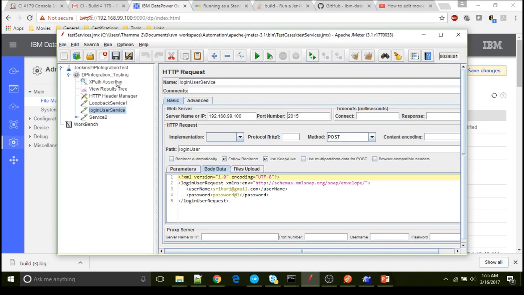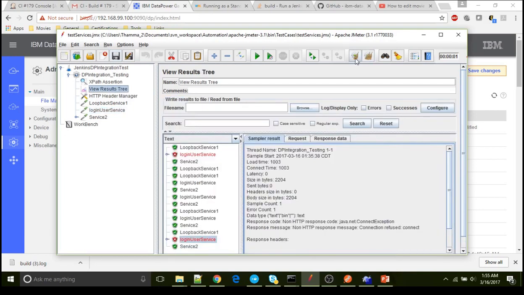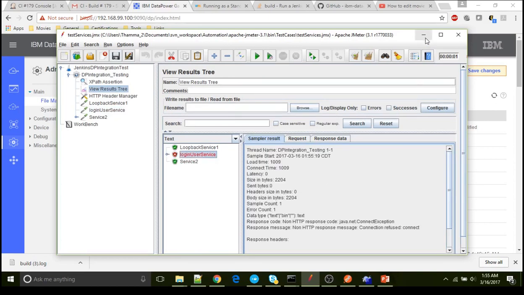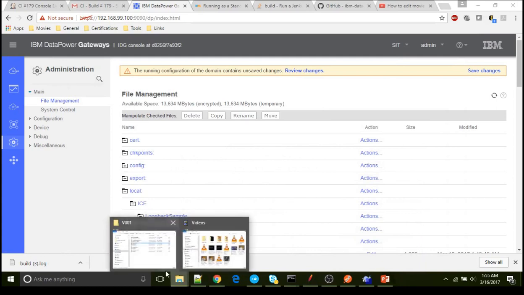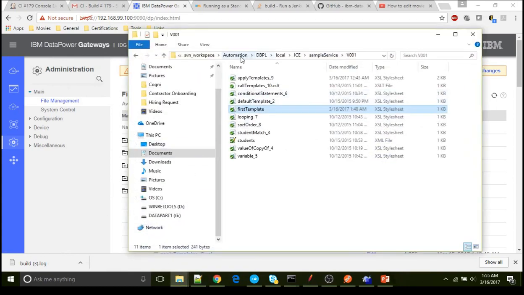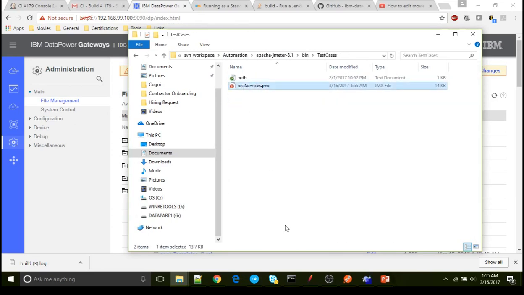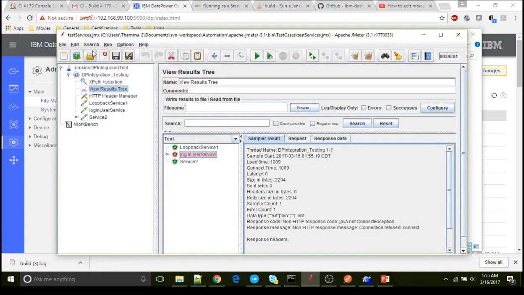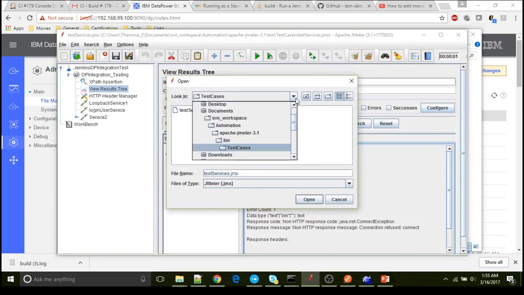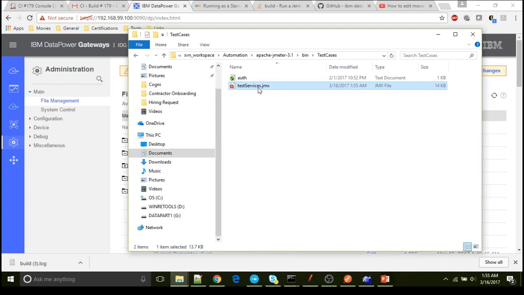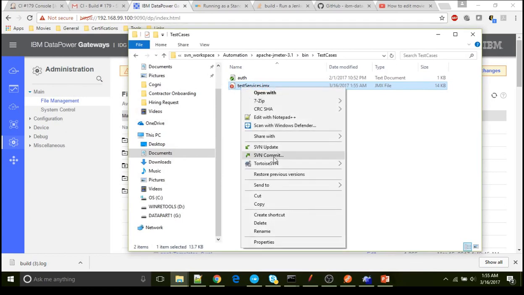Five. Let's save it. Let's see the result tree. Let's create everything. Run it. So see, the login REST failed. So the same file, if it is executed from shell script, that should fail. Let's go and commit that file. Actually, I accessed this file here in JMeter. So I did this. Open, and if you see here the path, SVN workspace automation, Apache JMeter, bin, test cases, and JMeter.txt. So I added the same file, so that got a change here. You can see the change here. So I'm going to commit it now.